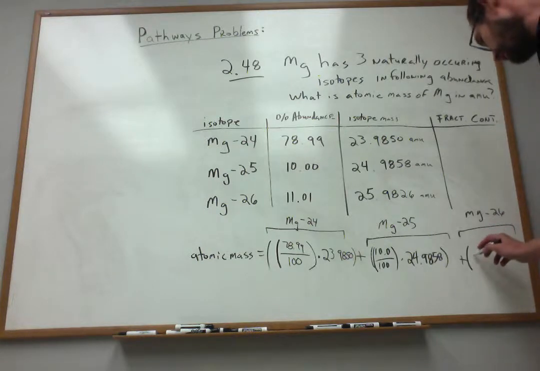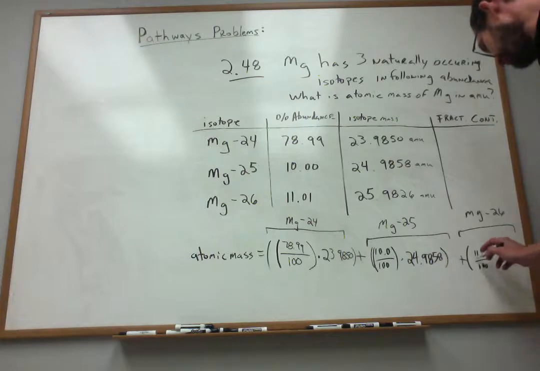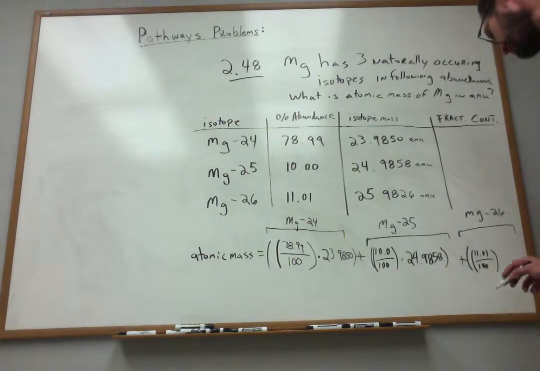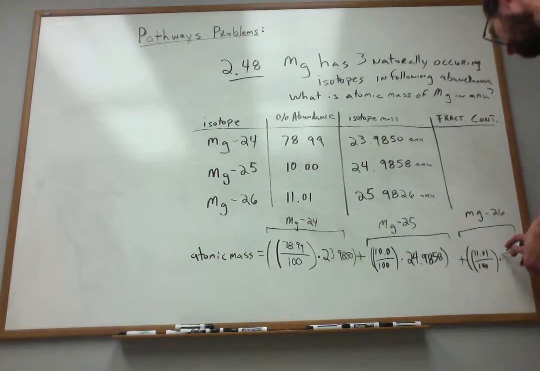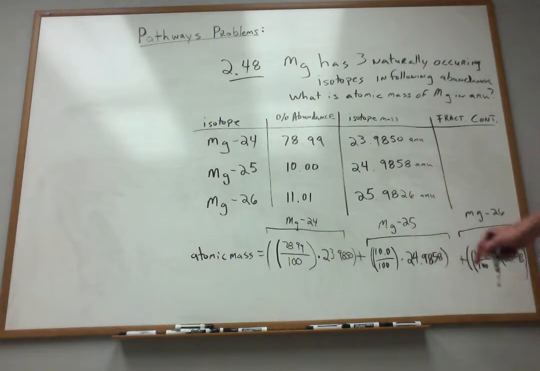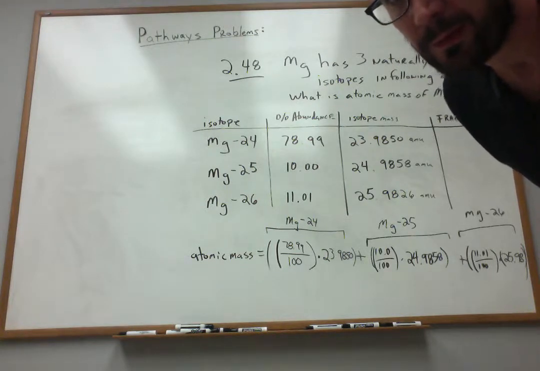That's going to involve taking 11.01, dividing that by 100, to get my fractional abundance, and then multiplying it by its isotope mass, which is 25.9826. I ran out of space here, so I'm not going to be able to write that, unfortunately. But you keep those digits of precision. Okay? See that? All right, now, if you go ahead and you do this,